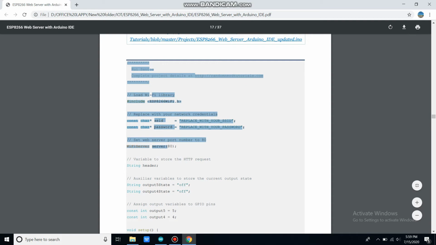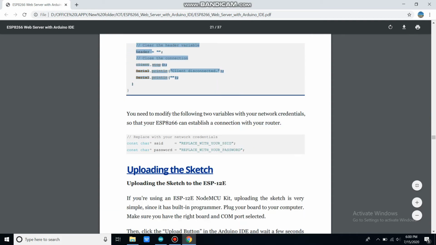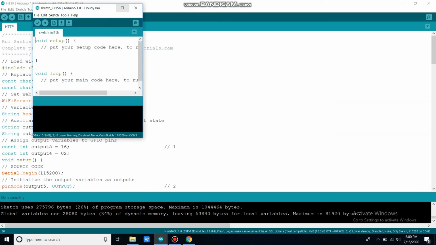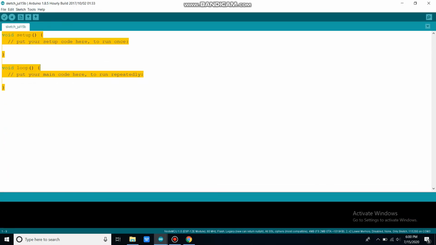Here, you have to copy the main program file just like this. Open a new program file, select all, and paste it from here.